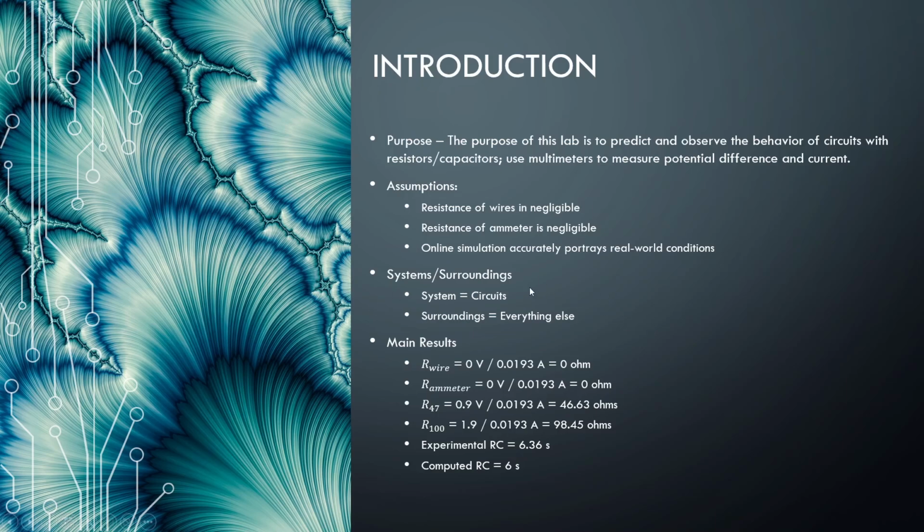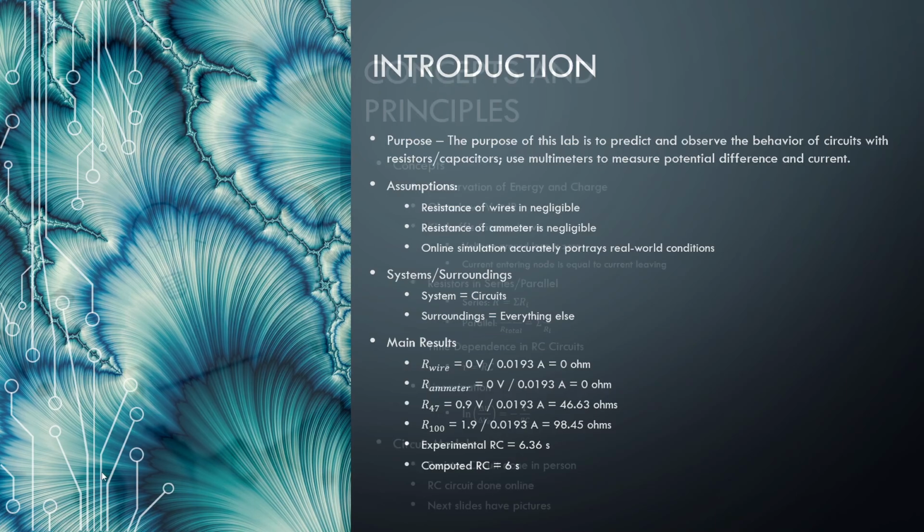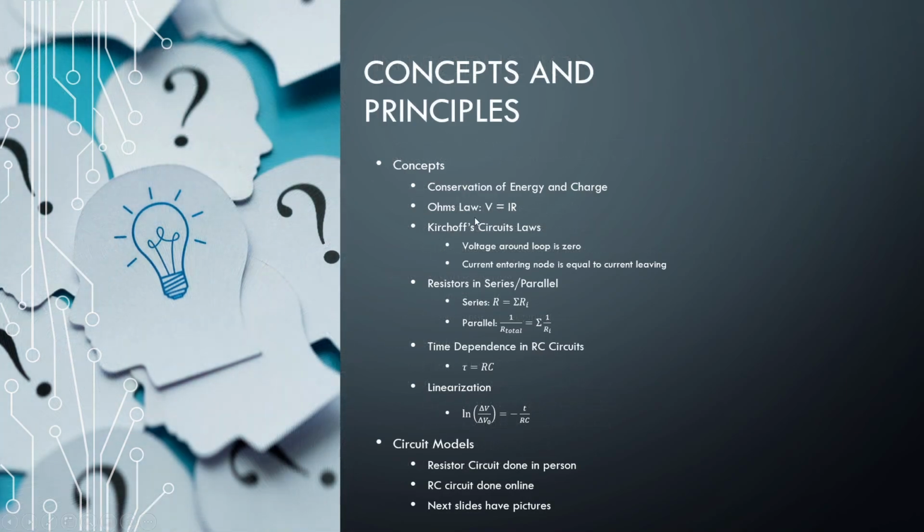Our systems for this lab were the circuits, and the surroundings were everything else, and here are our results. The first four bullets were from the first circuit, and the second two were from the second circuit. And the concepts we used in this lab: conservation of energy and charge, Ohm's law, V equals IR, Kirchhoff's circuit laws, which were the loop and node rules, resistors in series and parallel and how to add them up, time dependence in RC circuits, and we also had linearization, which we used to graph, which you'll see closer